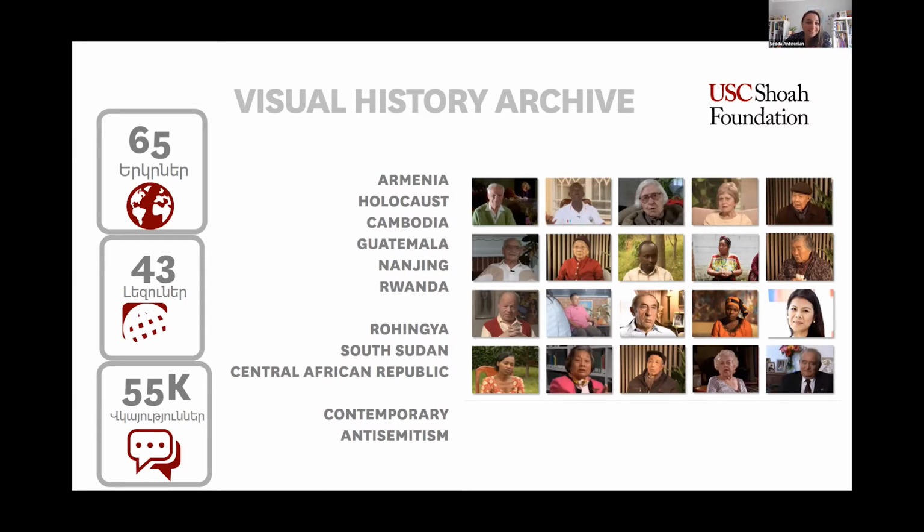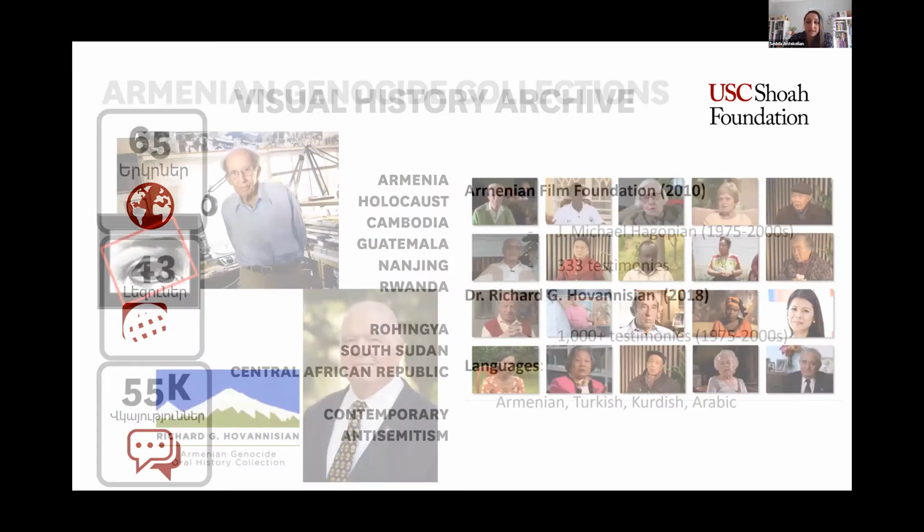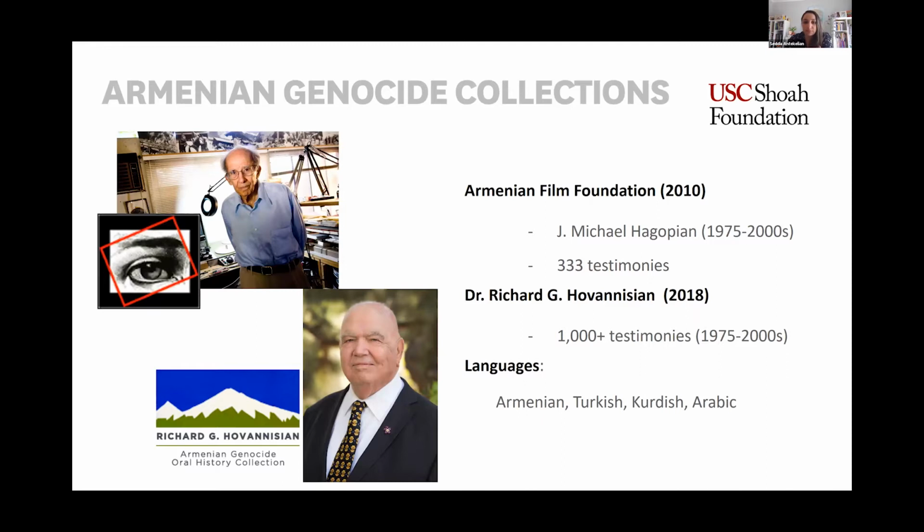And so the numbers here on the side, I copy pasted this from a presentation I did with Armenian teachers. So you could see that it's in Armenian, but we have 55,000 testimonies in our archive currently. But what I really want to talk about today, and just as I give you some examples of what we have,